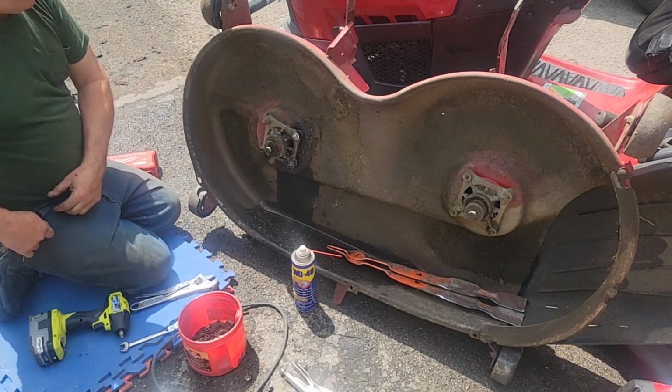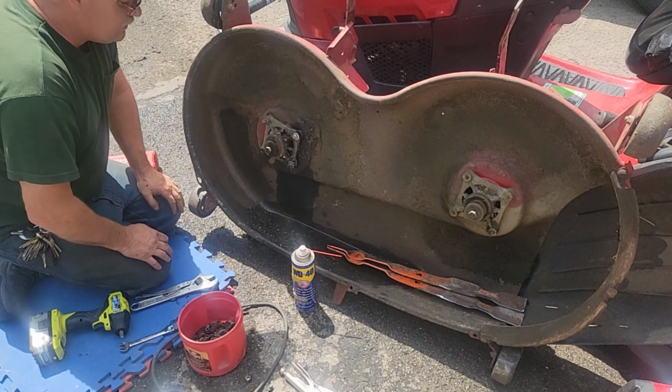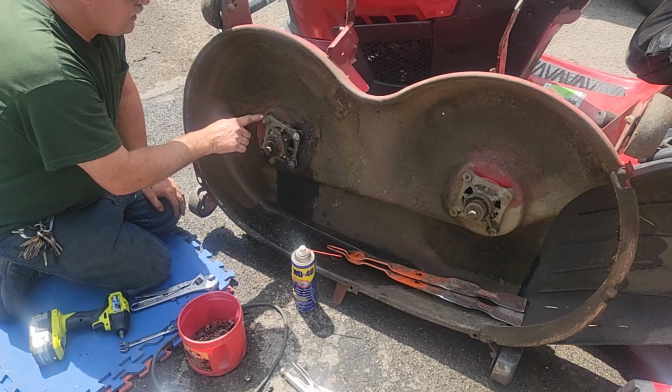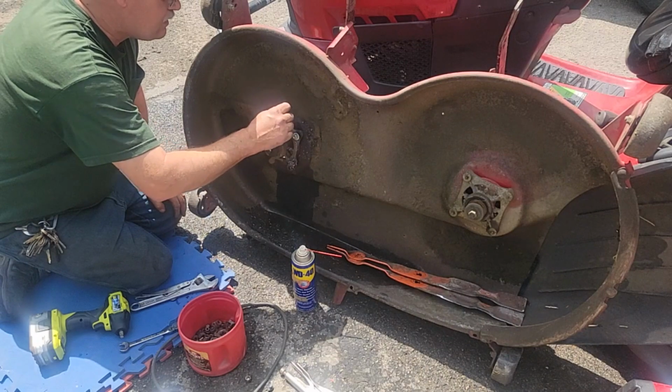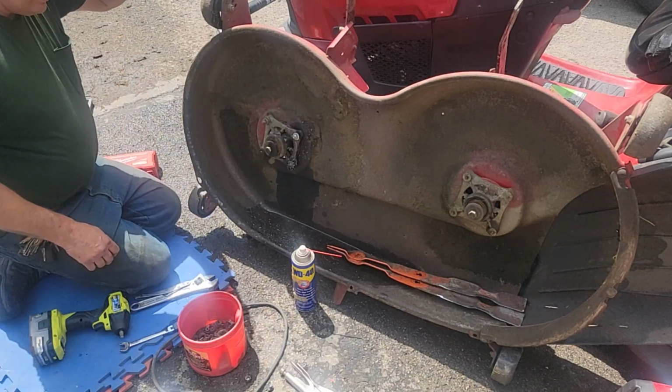And I put a 5/16 bolt with a lock nut and a washer. And then this one I tightened down. It sucked it right up nice and tight. And I am super happy. So now we got,